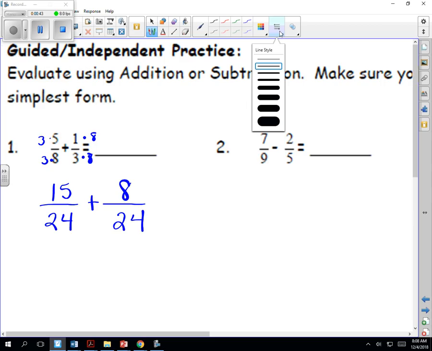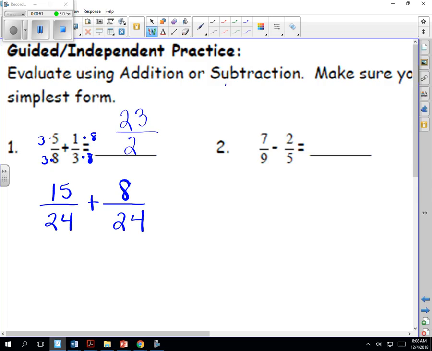I'm going to make my pen just a little thinner. We add the numerators, so 15 plus 8 is 23, and our denominator 24 stays the same. That cannot be reduced. Number 2, our least common multiple of 9 and 5 is the product of 9 and